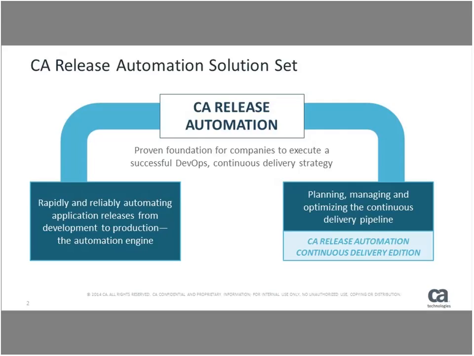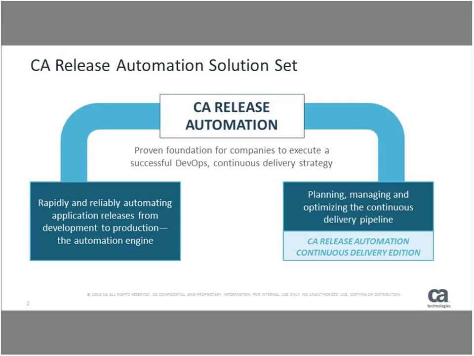As you guys probably know, we introduced a new module of Release Automation as part of our 6.0 release earlier this year, which we called Release Automation Continuous Delivery Edition, or as we call it internally, RACDE. While Release Automation is focused on the bits and bytes and the process of automating the whole logic of deployment on a given environment,